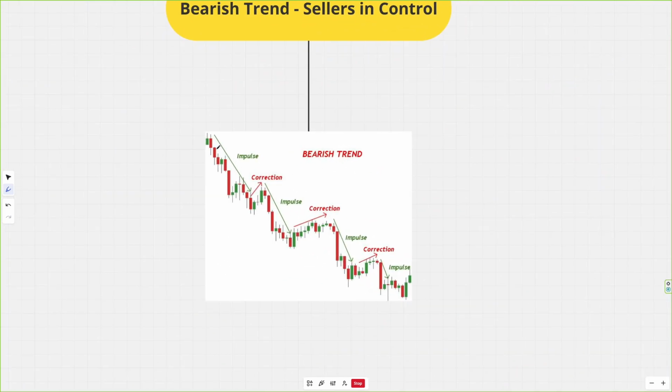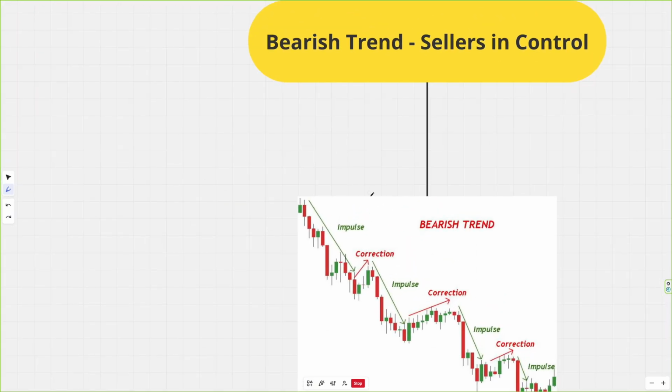Bearish trend, sellers are in control. A bearish trend means sellers are stronger than buyers and price keeps dropping. Pullbacks get sold and the market creates lower movement. Simply, sellers are winning. Another thing to understand is that even in a strong bearish trend, you will see green candles